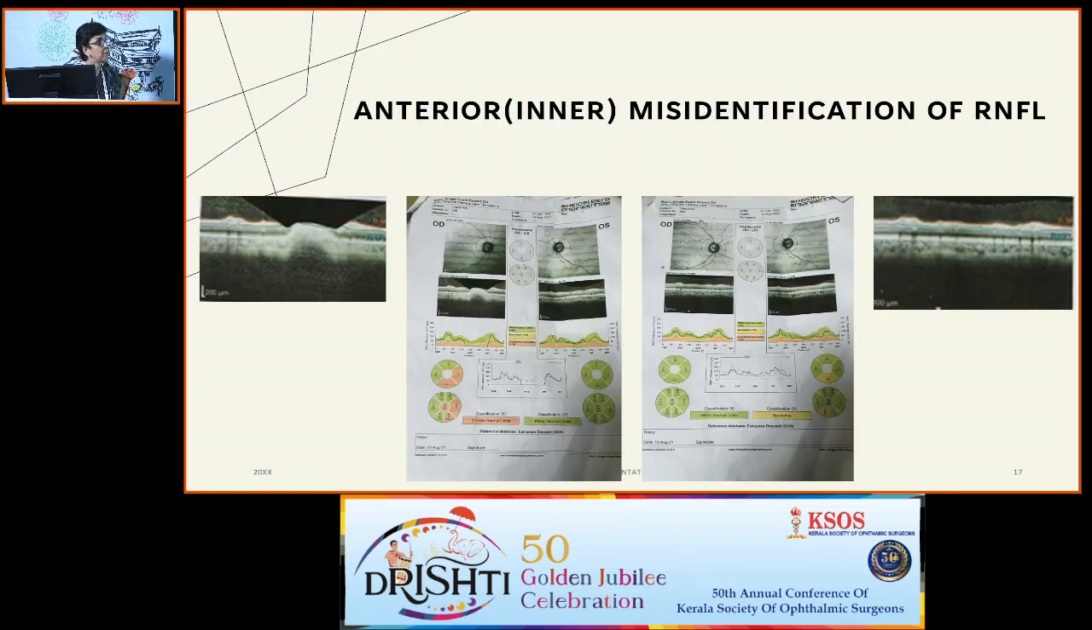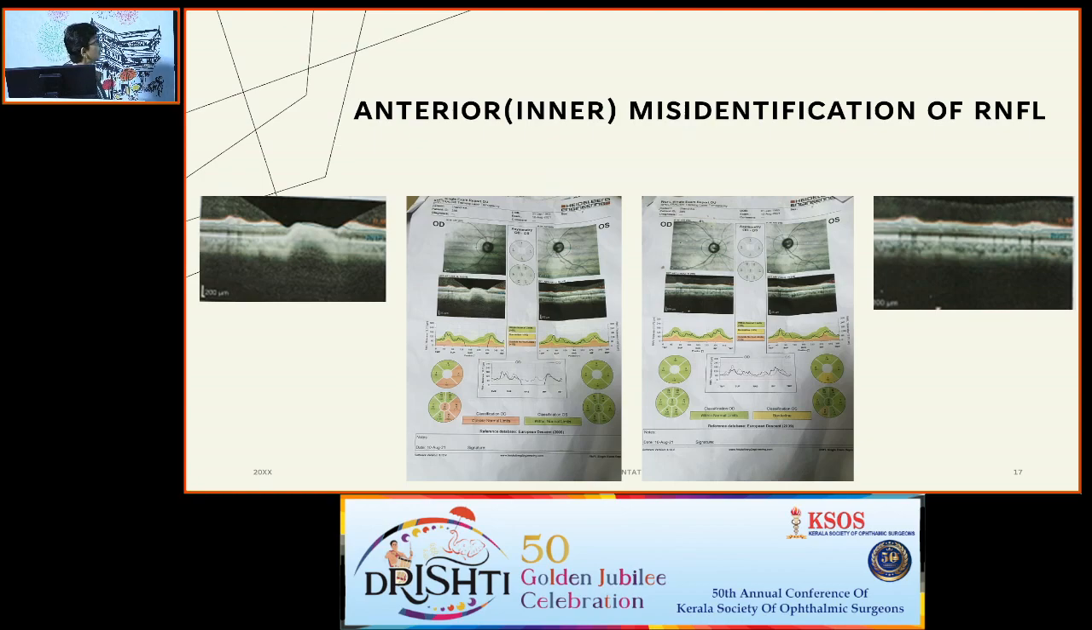Misidentification of the RNFL can happen, and so you have to look at the screen. That screen may show, see here, there was some failure of algorithm, which led to a misidentification. When the scan was repeated, the contour and the thickness became almost corrected. So it is very important that we look at the screen